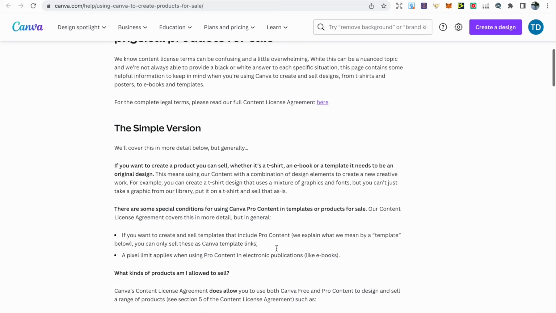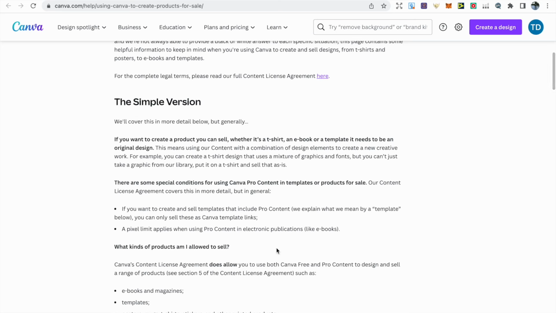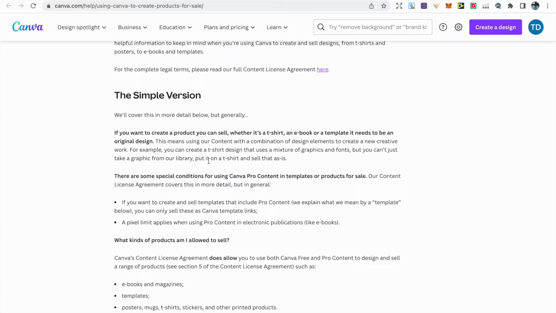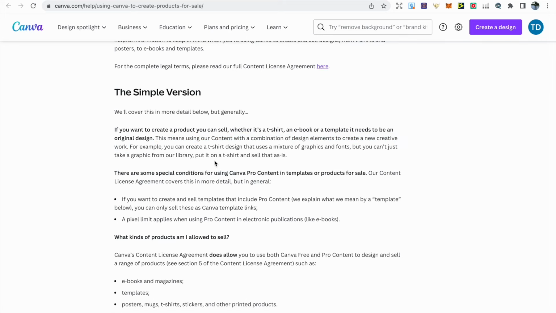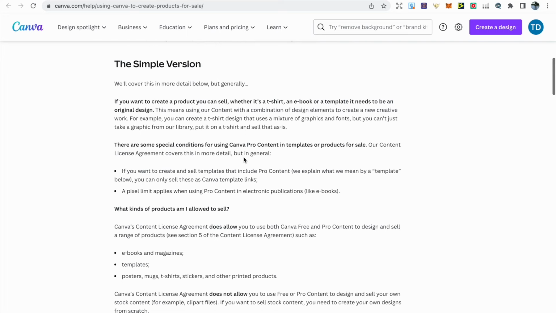So the first important area that the simple version and detailed version address is understanding what you can sell. So it states here in the simple version that if you want to create a product that you can sell, whether it's a t-shirt, ebook, or template, it needs to be an original design. So using their content, it needs to be with a combination of design elements to create a new creative work. So you can't simply just take a graphic from a library and put it on a t-shirt and sell as